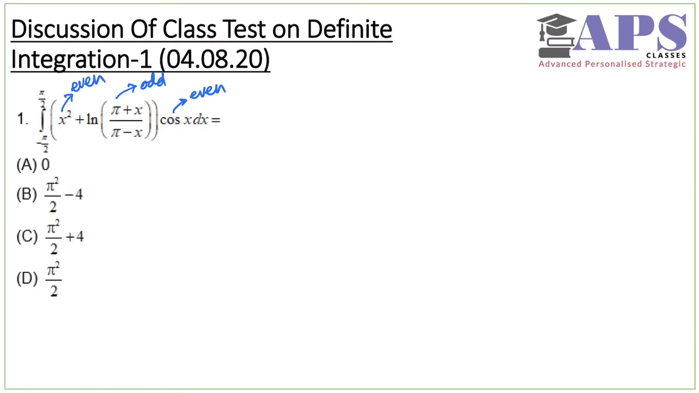So this will only give the integral from minus pi by 2 to pi by 2 of x square into cos x, which finally will give 2 times the integral from 0 to pi by 2 of x square into cos x dx. This is because x square into cos x is our even function. If I multiply even into even, it is an even function. So now we have to simplify it, and we know that the integration of x square cos x